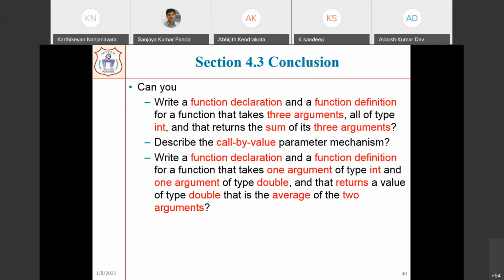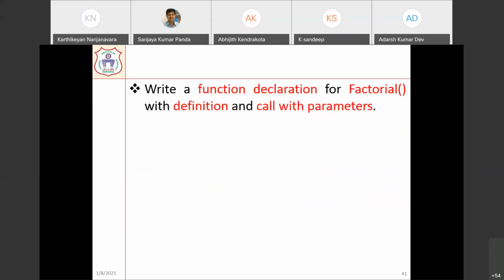Write a function declaration and definition for a function that takes 1 argument of integer type and 1 argument of double type. Okay, so it is taking 2 arguments. One is of integer type, another is double type, and your objective is to find the average of the 2 arguments that you have to calculate. Okay. Write a function declaration for factorial with definition and call with parameter. You have to write a factorial of a number program with function declaration, definition, and call using your parameters. You specify the parameter as 5 or 10, something like that. Based upon that you have to write the